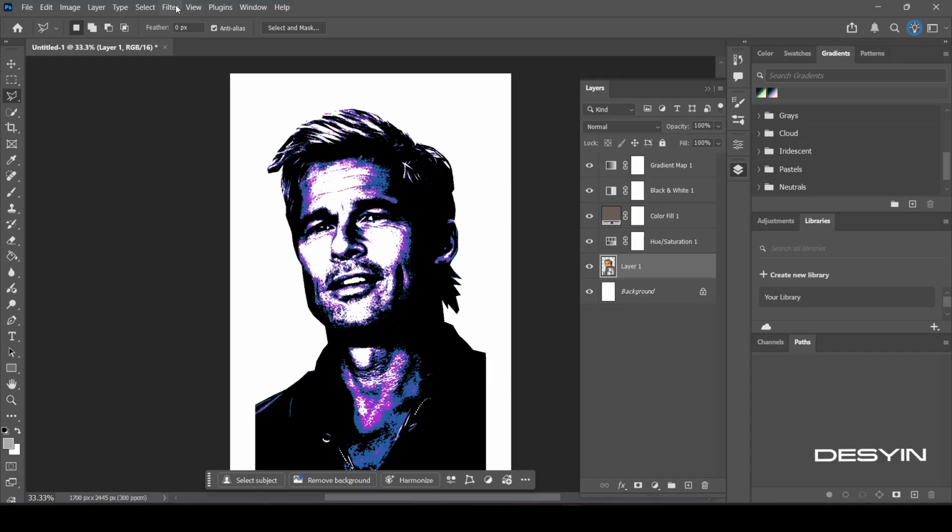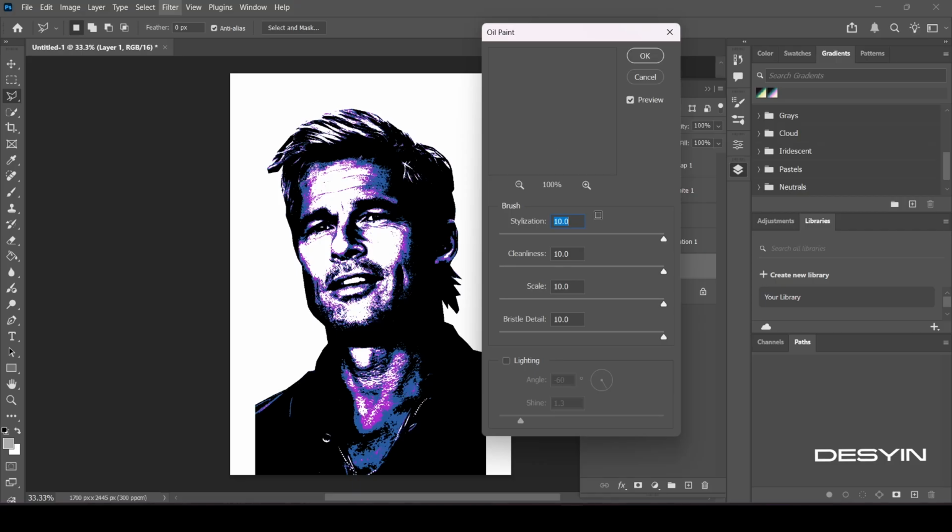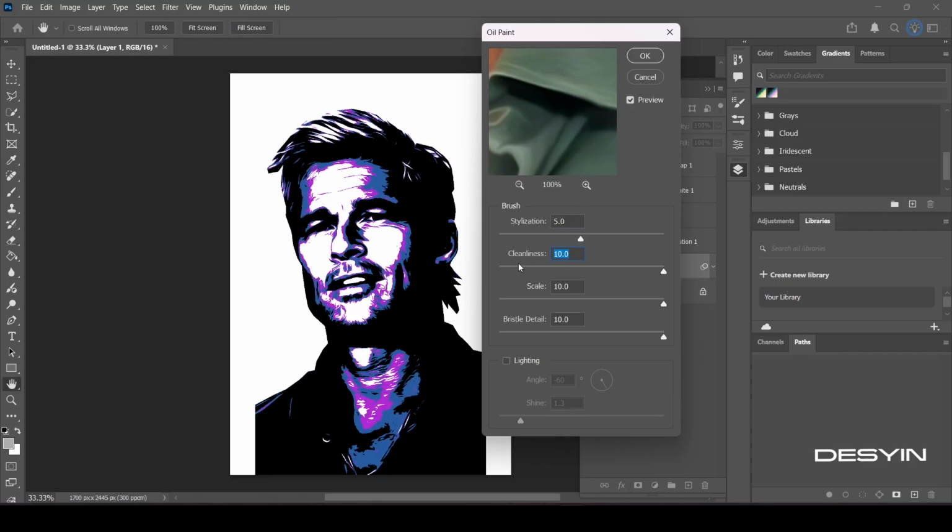Next, we go to Filter, Stylize, Oil Paint. The oil paint filter is one of the few filters that actually understands the contours of our image. I set the stylization and cleanliness values to 5 and made sure the lighting checkbox at the bottom is turned off,